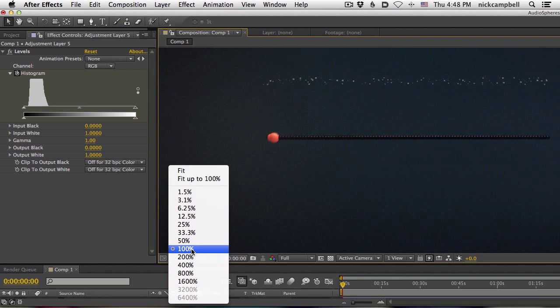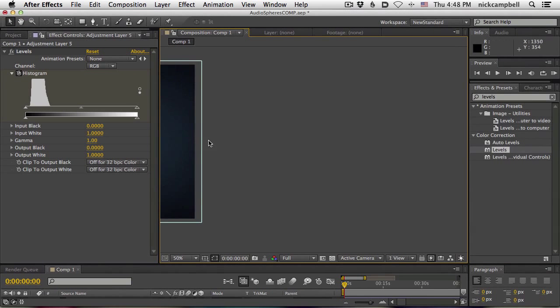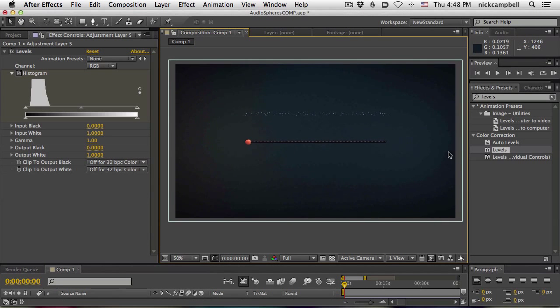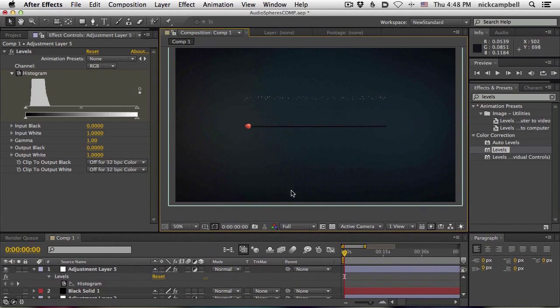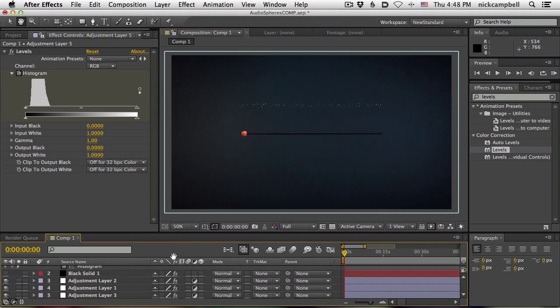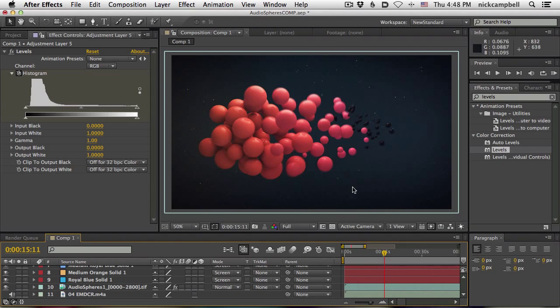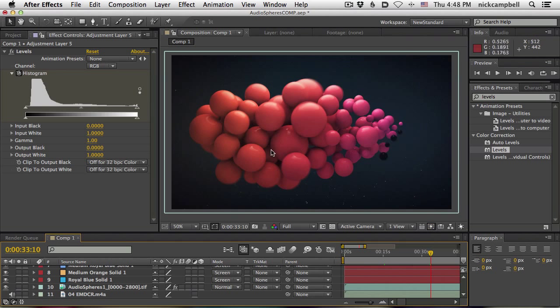So let me shrink this down so you guys can see it, and let me make sure After Effects fits in the window here so you can see everything. And let me break down the After Effects project, just because the compositing does make a big difference. So first of all, this is the final look. We have our particles being flown around. We have our dust flying. We have our black pieces. Everything's looking good, right? So let me show you the compositing breakdown.